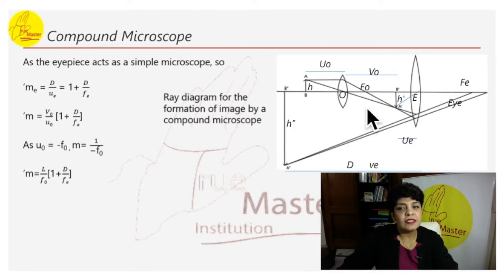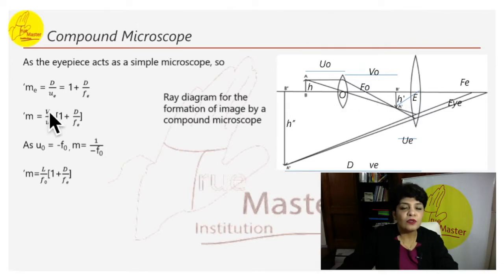So here again this is FO, which represents the focal length of the objective lens. This is FE, which represents the focal length of the eyepiece. Here also will be FO. So FE here and FE here, and this will be the FO. This element is E. If we call this the pole of this lens E, which is the eyepiece. So from E, if we draw a line all the way down to the image that is finally being formed, the angle subtended here will be beta. A dash, B dash height we are denoting by H dash. So this is the H height, this is the H dash height.